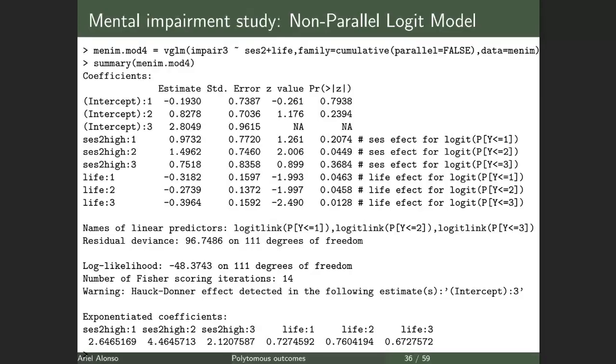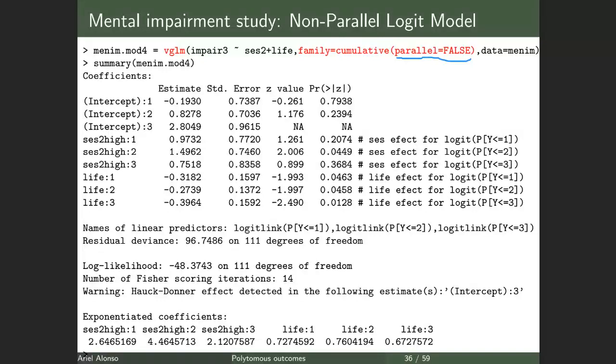Okay, let's do this in R. How can I fit all these models? The first model I'm going to fit is the model that doesn't assume proportional odds, so a model that considers that the betas change with J. How do you fit that in R? The only thing you need to do here is to write parallel equal to false, and then you're saying to R, I'm going to have different coefficients